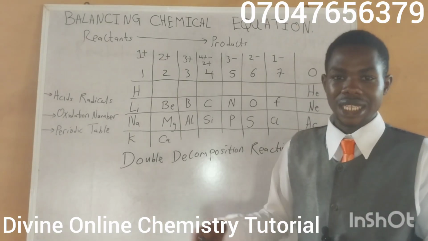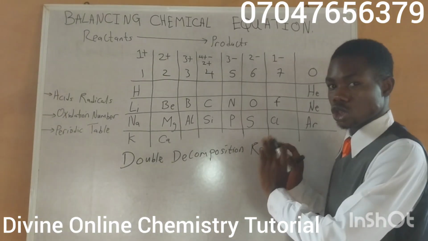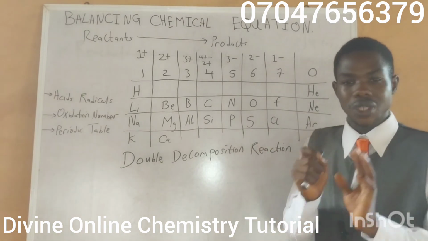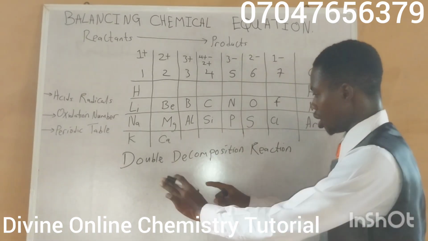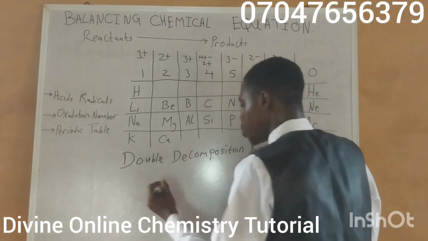So at the reactant side, there's always exchange of radicals for the product to be formed. Now let's also take an illustration to illustrate this double decomposition reaction. Now let's see, for example,